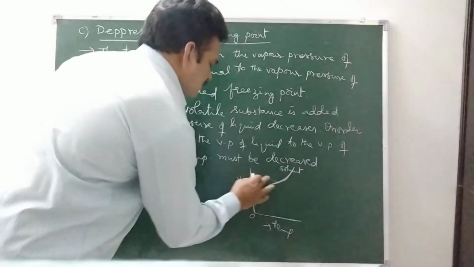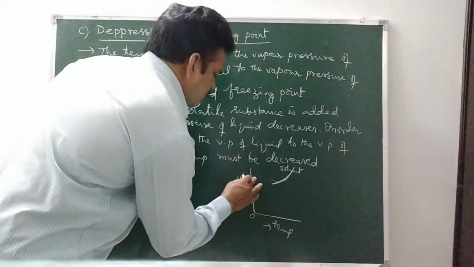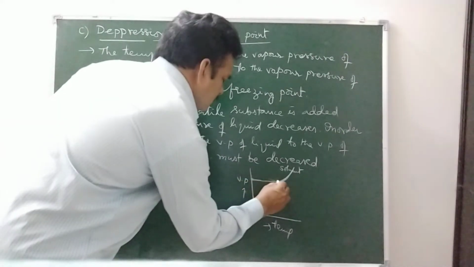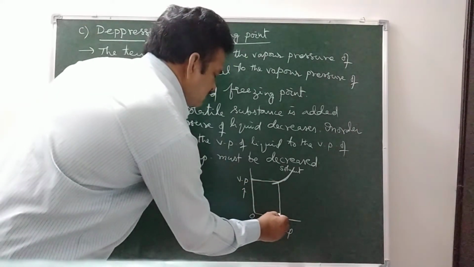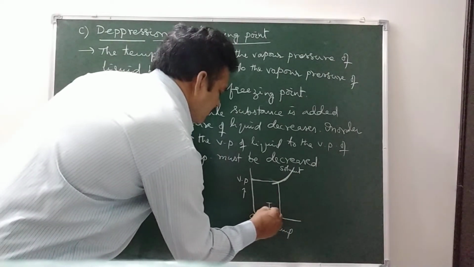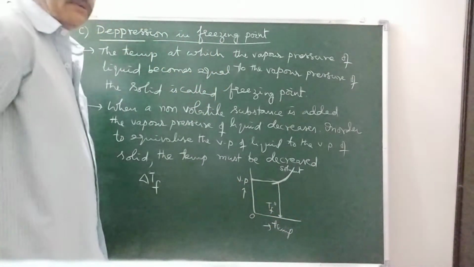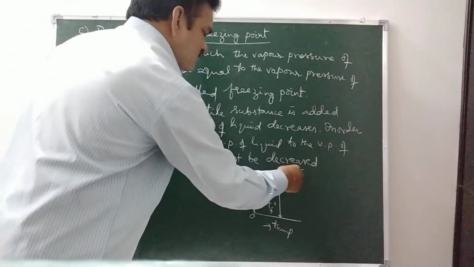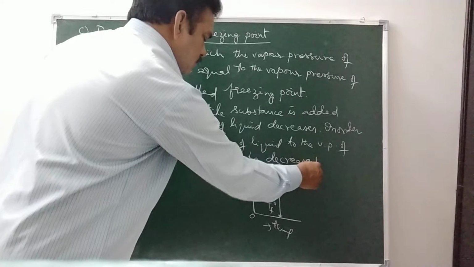Let the vapor pressure of the solvent at its freezing point be like this. So this is Tf0. This is Tf0. For a solution, if the solvent is converted into a solution,